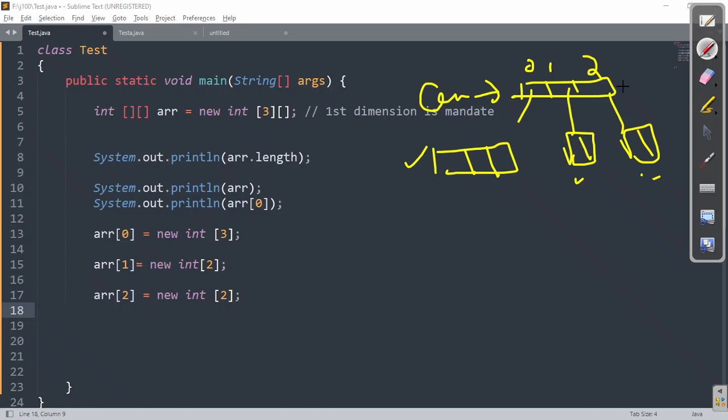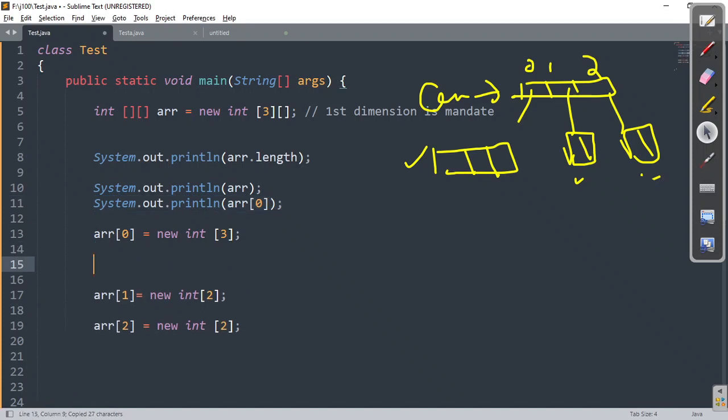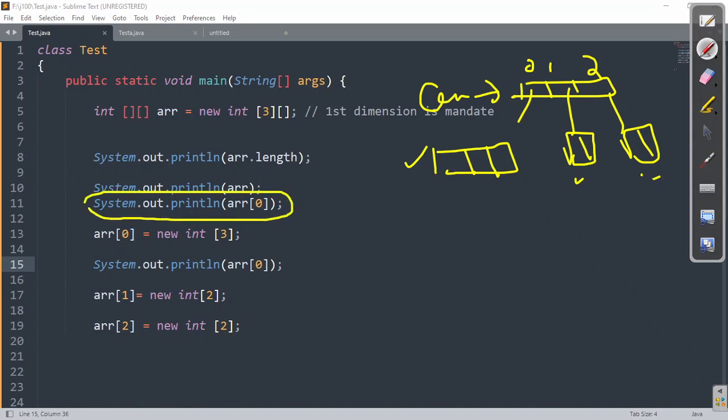Now, after declaring this one, let's try to display the value of ARR of 0. See, till the time we have not created or initialized this particular one, the value will be initialized to the default value, that is null.